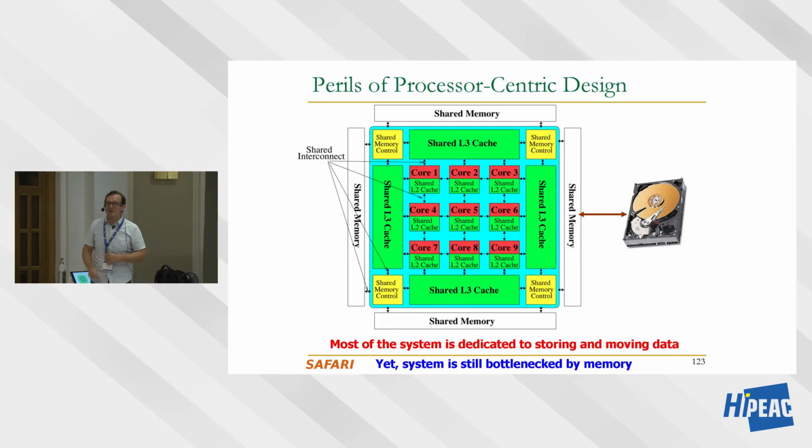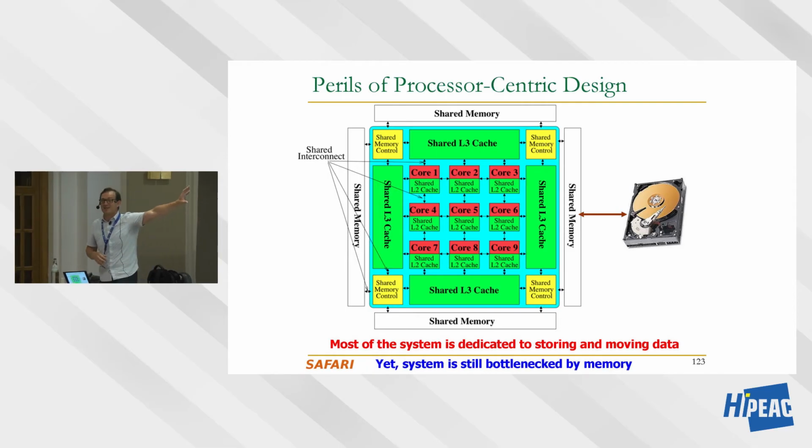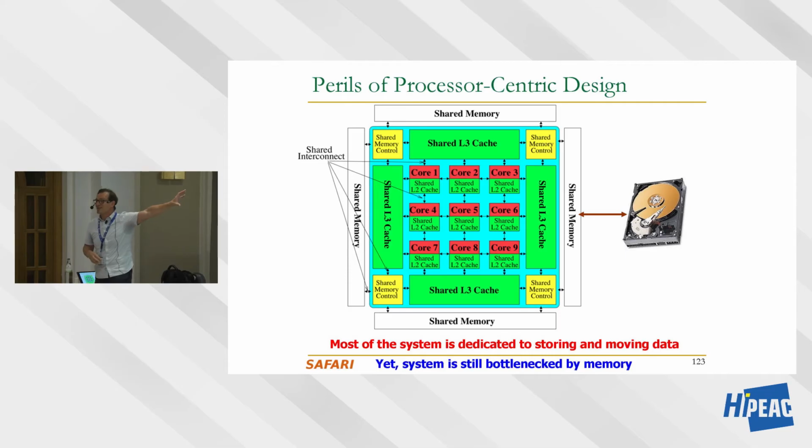Yet we're still bottlenecked by memory, right? So I think this is an engineering perspective. We should be thinking as 10-year-olds maybe, and thinking, are we doing the right thing in our systems? Maybe there's a better way of designing our systems such that most of a compute chip is actually computation, and most of a memory chip is memory, and computation, such that we can actually balance our resources. It's not a balanced design, I would argue.